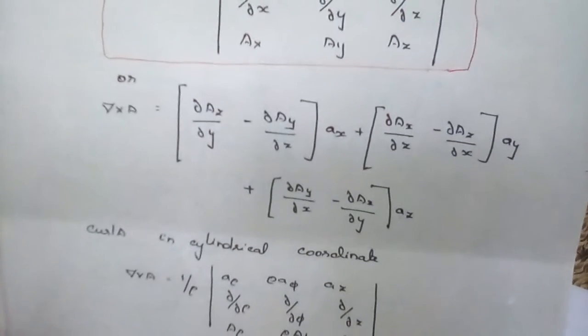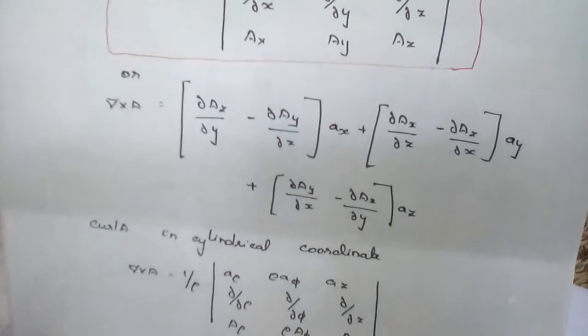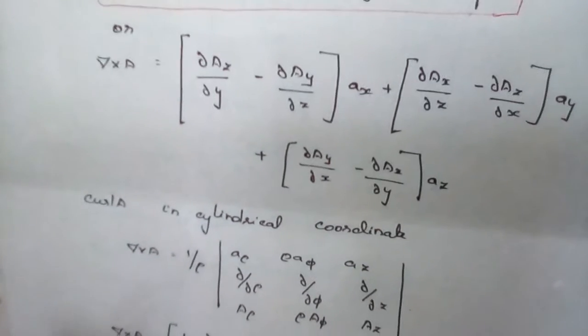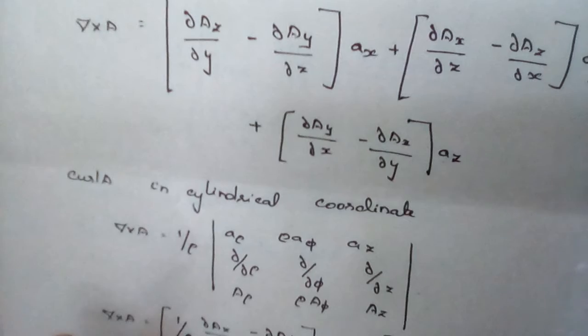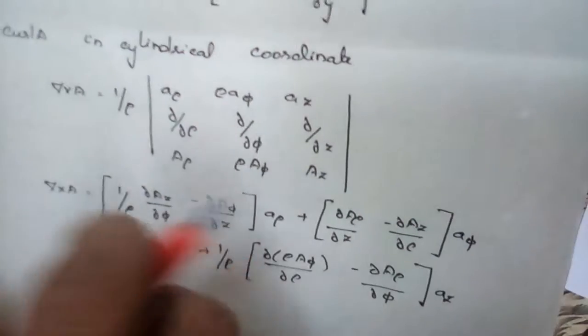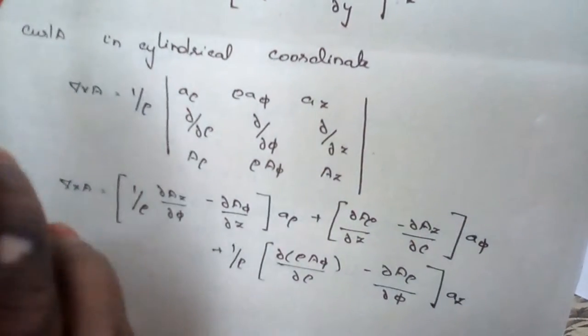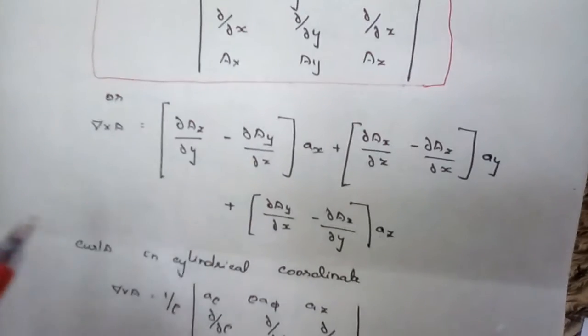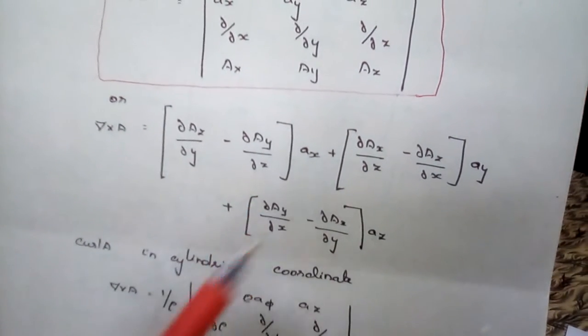And we have defined that if there is an electric field flux, the flux will be rotating along the ring. So in the closed path, we have defined the curl of the vector, del cross A, and this is given in the Cartesian coordinate. Similarly, if we write the expression in the cylindrical coordinate, we have the expression as del cross A is equal